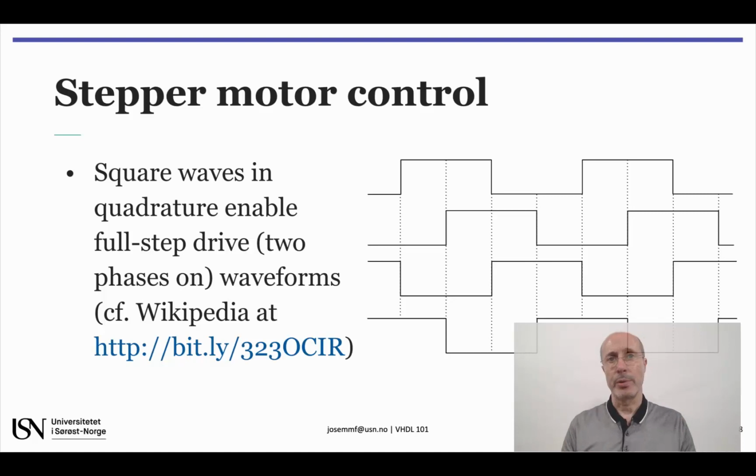Wikipedia and many other web sources offer plenty of information with this respect, so it shouldn't be difficult to learn more about it. Anyway, basically what you have to do is to generate a set of waveforms like this for each motor, and be aware that changing the quadrature will cause the motor to rotate in the opposite direction. You may also anticipate that part of your CPU instructions are meant to generate these waveforms.